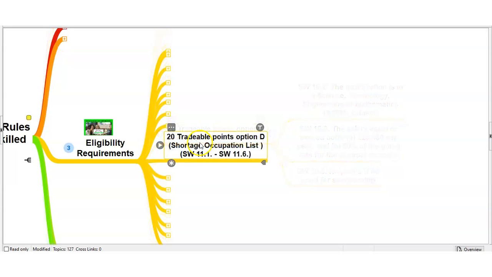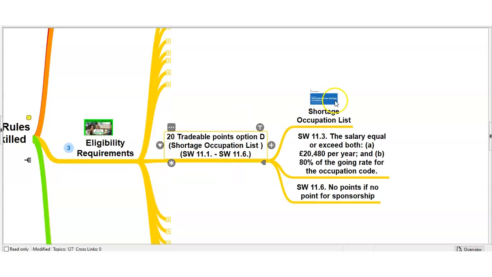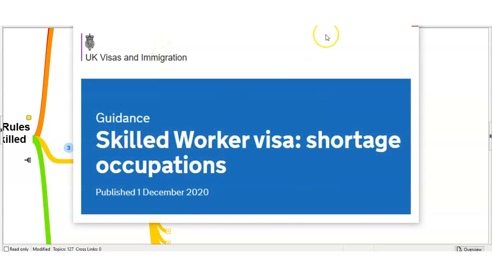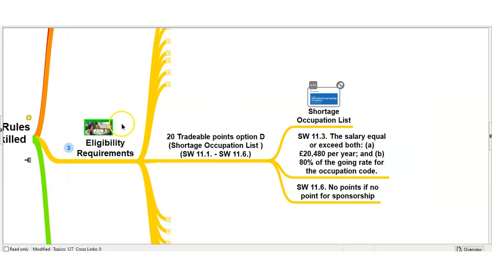The next one is tradable points option D, and I call that one shortage occupation list. So you will be able to score 20 tradable points if your job offer, if your occupation is on the shortage occupations list, which you can obtain if you request it at